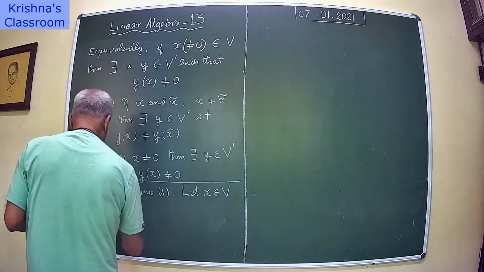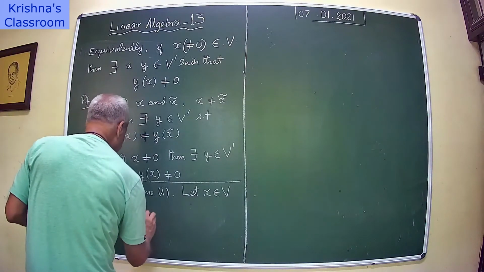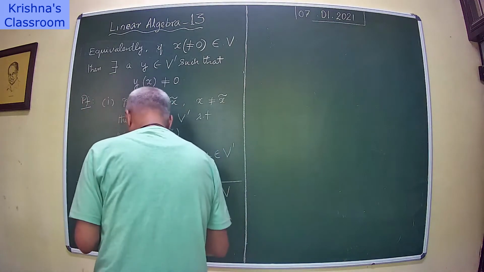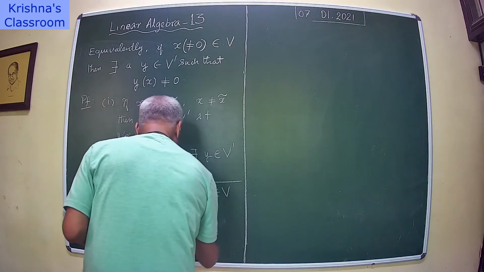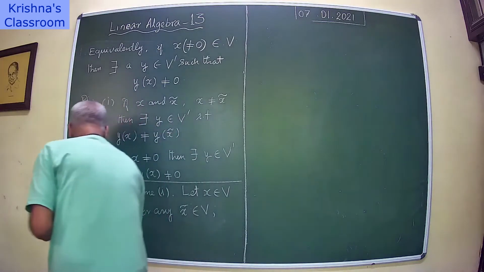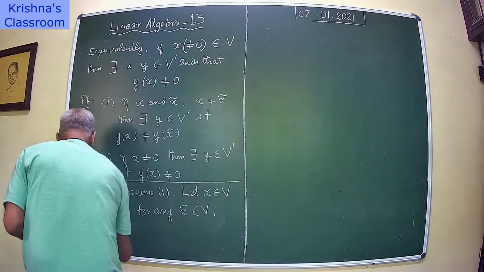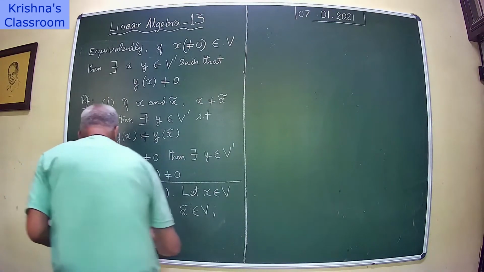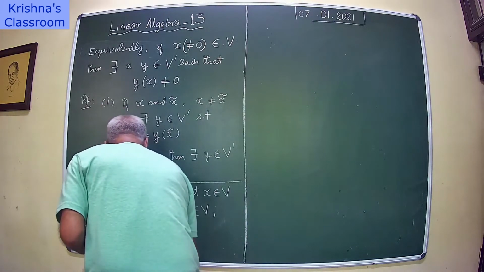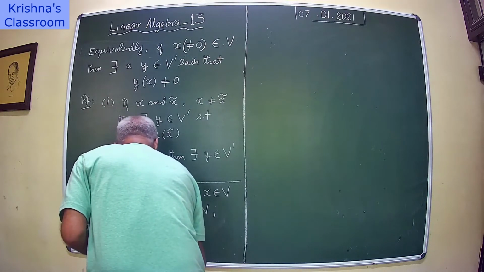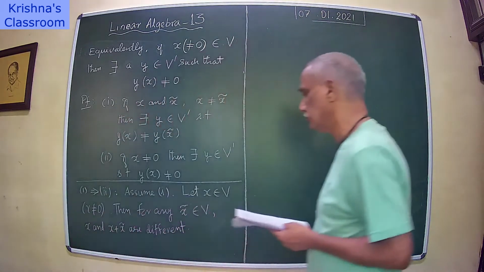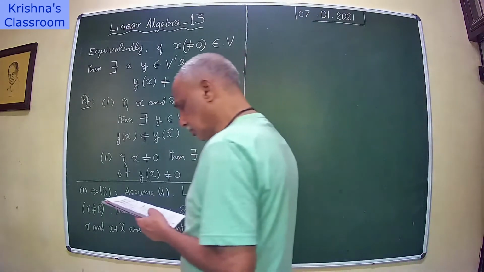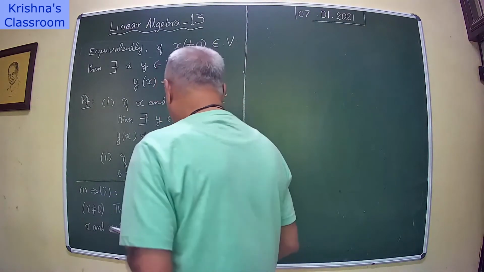Then for any x tilde belonging to B, x and x plus x tilde are different, because x is not equal to 0. Now by